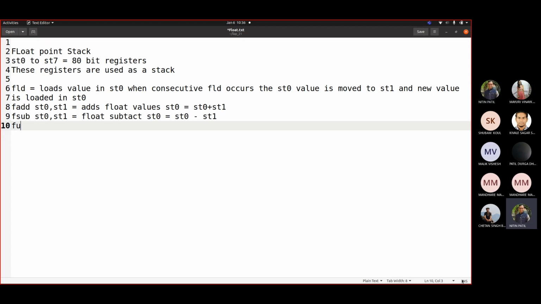So fsubr ST0 comma ST1, meaning float reverse subtraction. So ST0 equal to ST1 minus ST0.